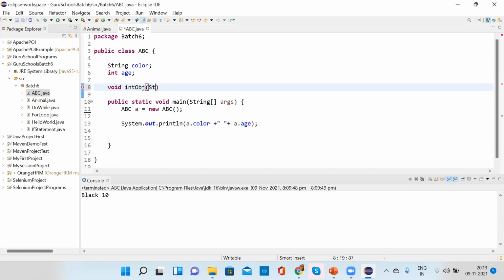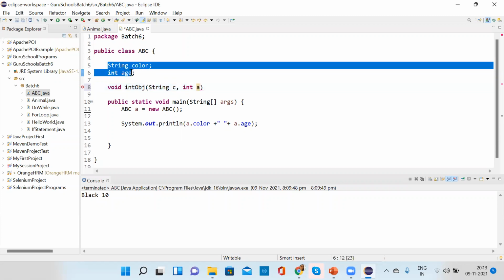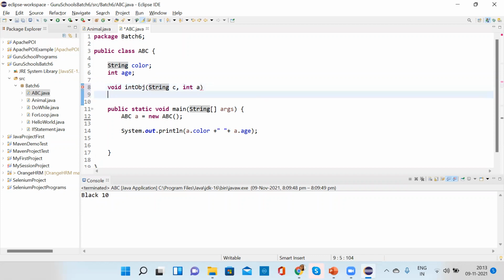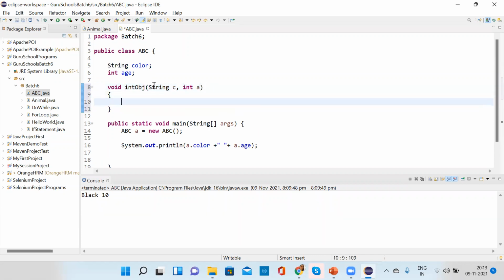Inside that we are passing the string value C and the integer value A. One thing you have to keep in mind is that these two variables where you want to store the values should be of the same type. If it is string, then it will only store the value of string, and if it is integer, then it will only store the value of integer.